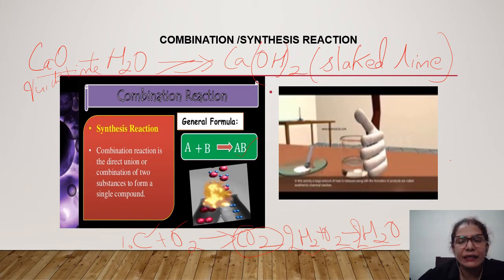You can take any example for every reaction. You should know at least a minimum of 3 examples. You may take easy examples, you may take difficult examples, no problem. But I suggest that you take simple, easy examples. Don't go in for complicated ones which you may not remember. But all the equations should be balanced. Here also this is a balanced equation, already balanced.